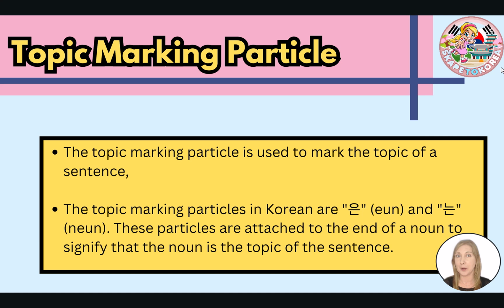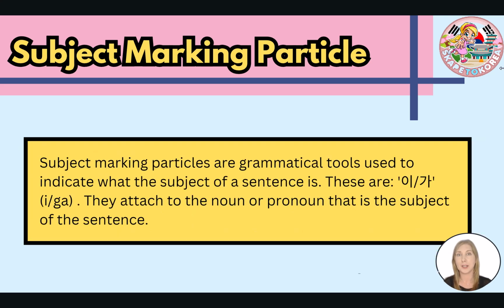The topic marking particles in Korean are 은 and 는, and these are then attached at the end of the noun to signify that the noun is the topic of the sentence. And the subject marking particles are grammatical tools used to indicate what the subject of the sentence is. Topic is just used to identify the topic of a sentence and emphasize it a little bit more, where a subject marking particle will be used as a grammatical tool so that you know who the subject of the sentence